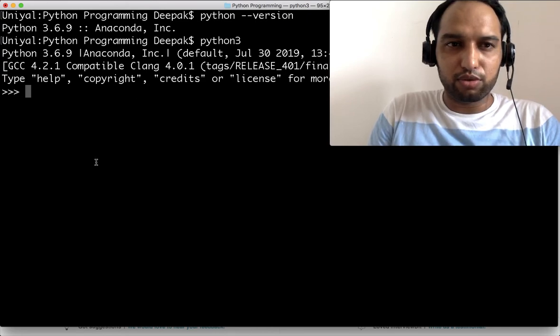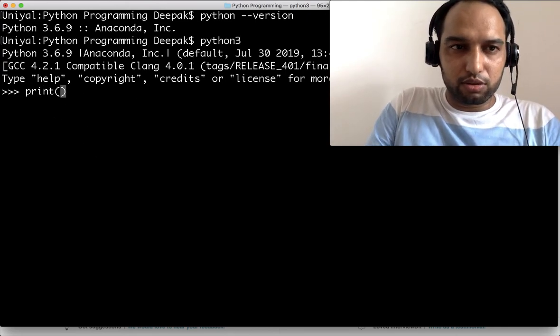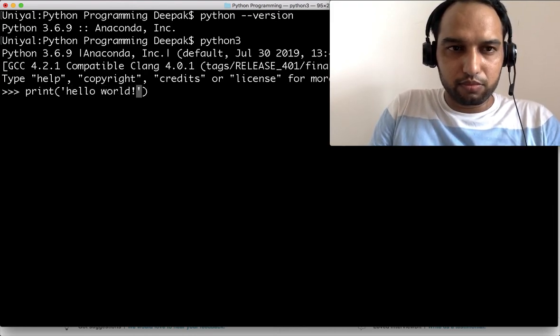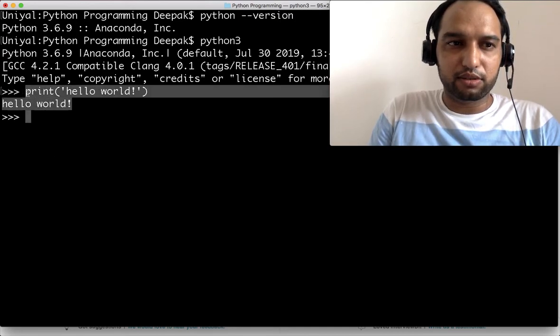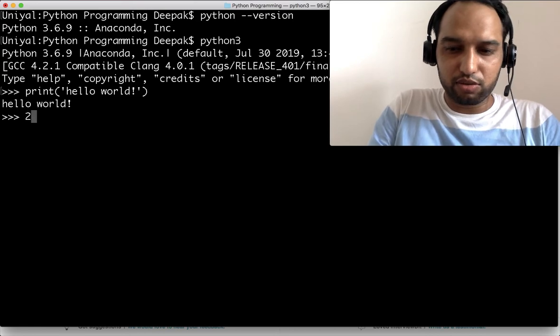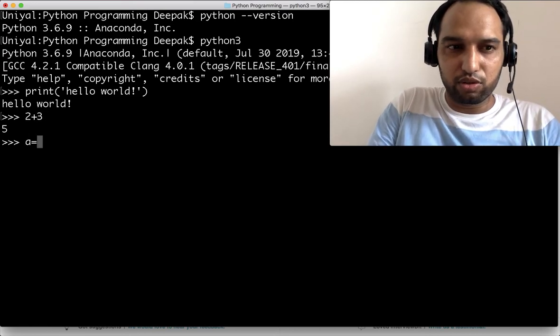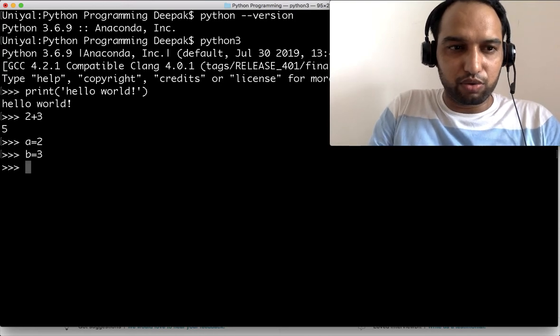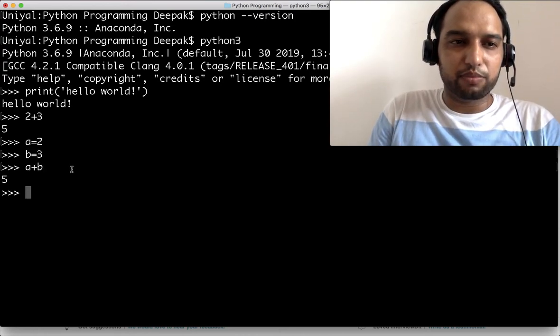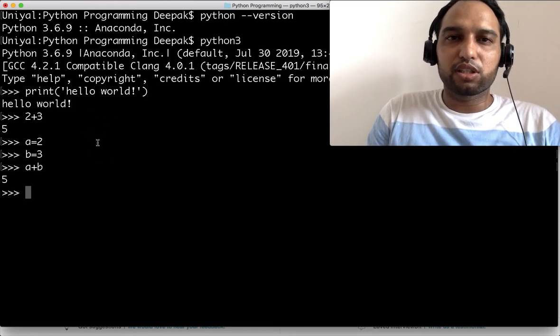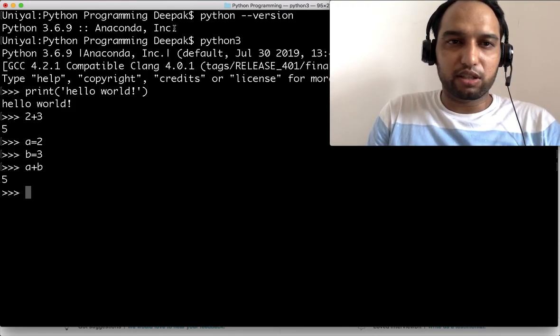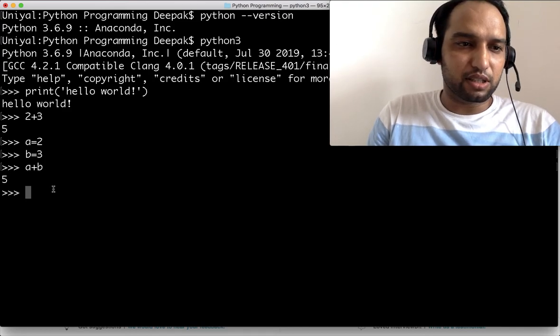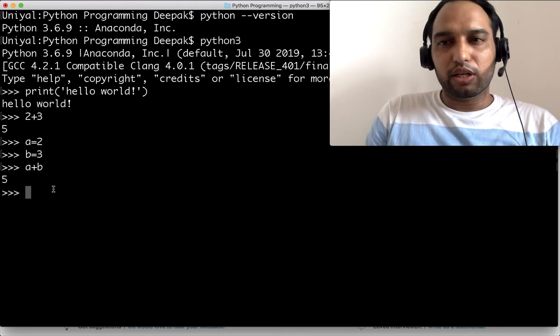And now there is a cell for you. Here you can write the statements again, and you get output directly, right? You don't need to create a script for these kinds of statements. You can also write like this: 2 plus 3 is 5 and so on. You can create two variables, a equal to 2, b equal to 3, then a plus b equals 5, right? So this is also easy. If you want to run a small statement, you can use this. Otherwise you can create a Python script, like the hello.py that we have shown till now. That is also good.